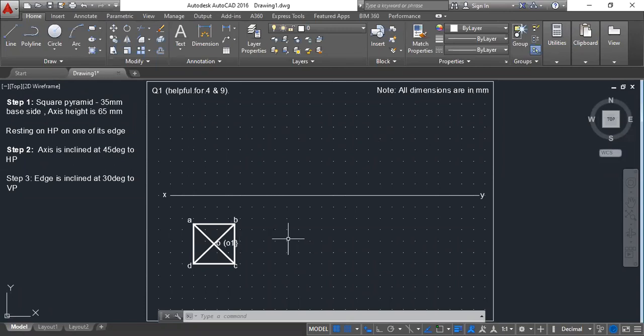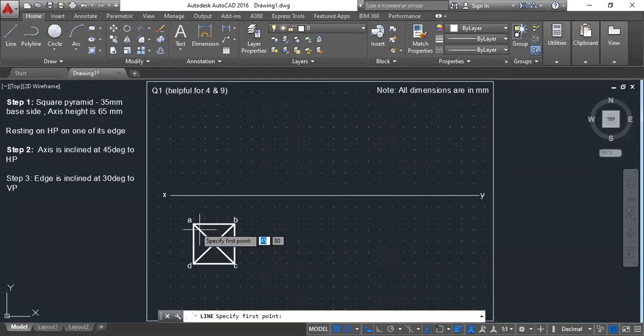The other way to remember this is, in our syllabus we start with the planes and then end with the solids, correct? So just remember, start with the planes, so wherever it is resting, start with that corner or edge in planes. Solids is at the end, so just end where it is resting. That's how you can remember that.